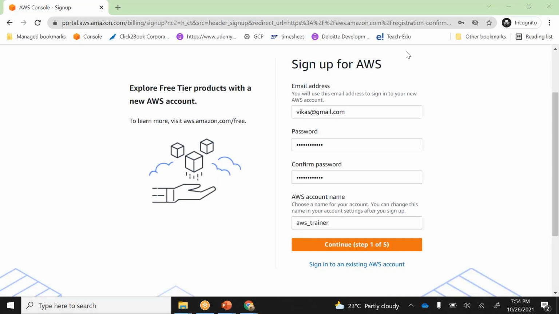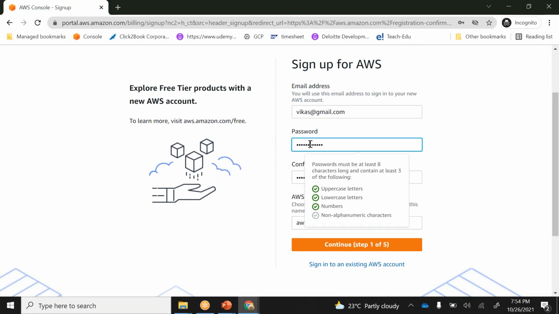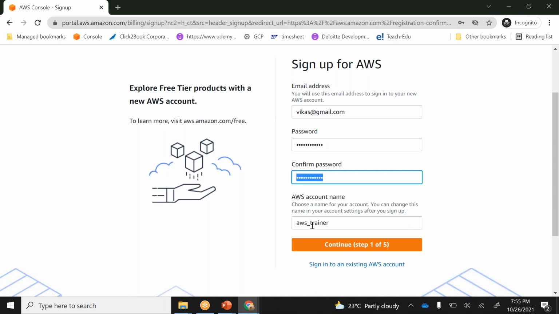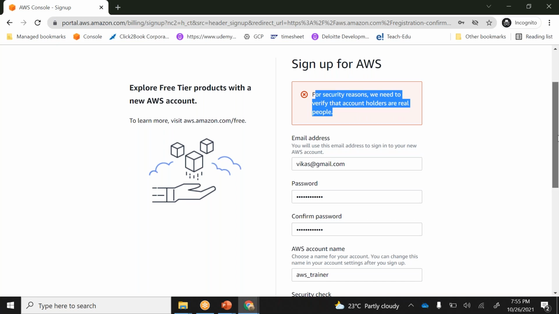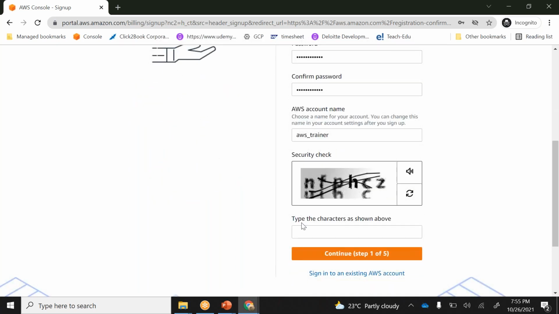Okay, so this is what I have given: email address, password, and the name which I want to display. Next. For security reasons, we verify that the account holders are real people. So it is telling that only real people should come and create an account, not everybody should go ahead and create an account. So the captcha here is